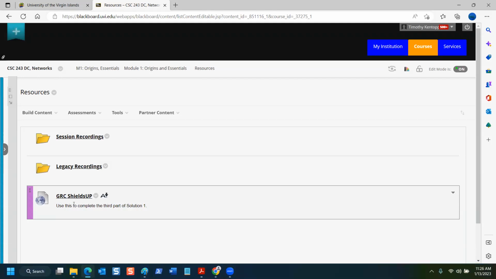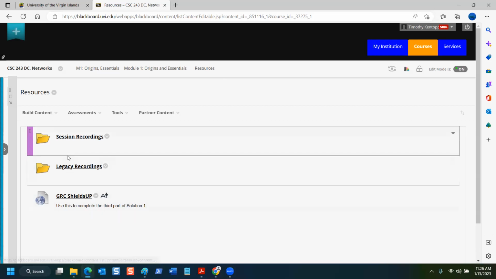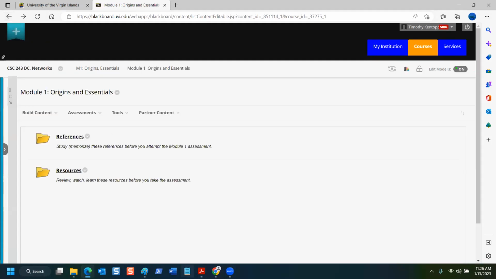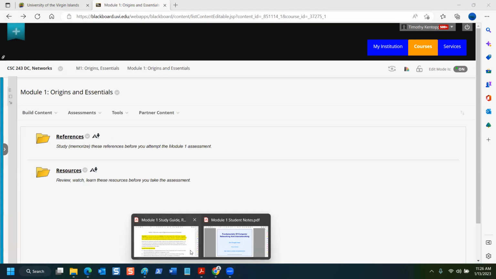You'll see this reference for GRC Shields Up. That's something that we're going to do later in our session. But if you see links, you need to click the links. And we did talk about what to do in case a link is broken or doesn't work, right? Didn't I talk about that already? Okay, all right, good. So without further ado,